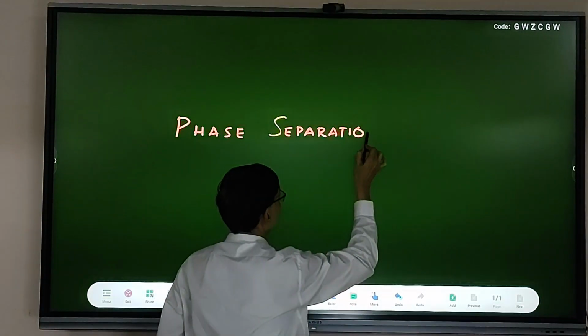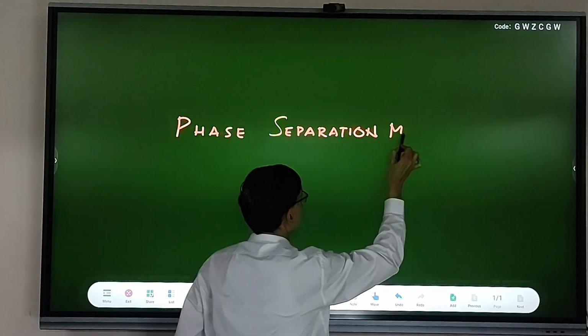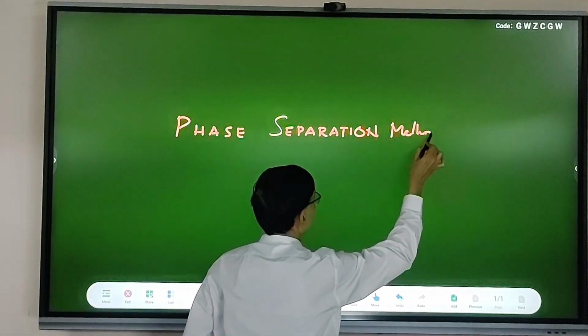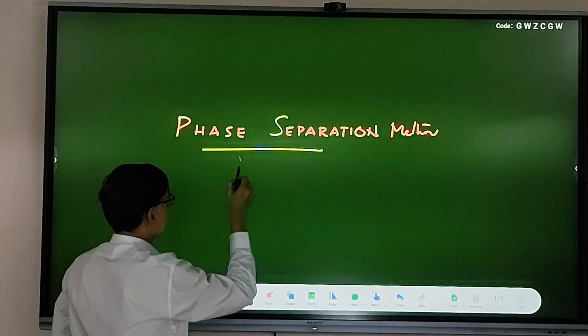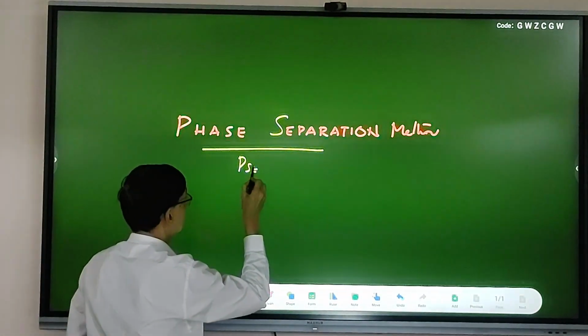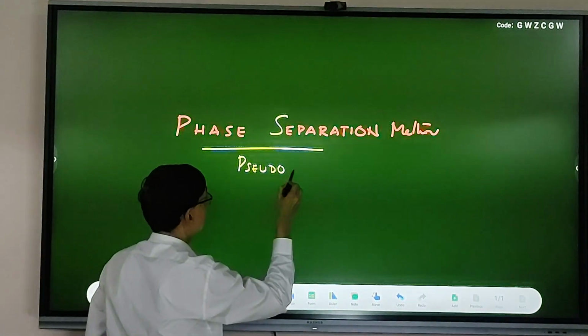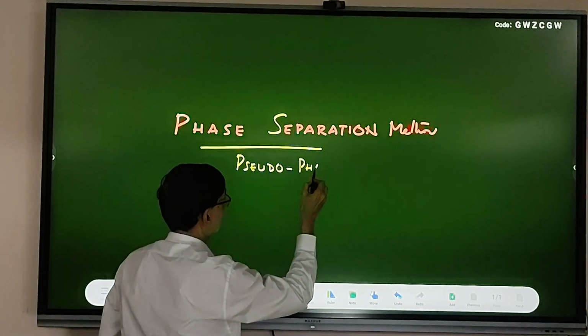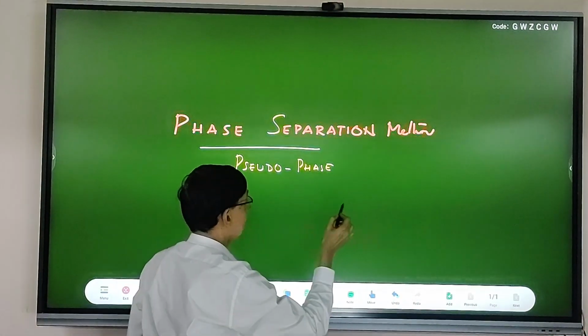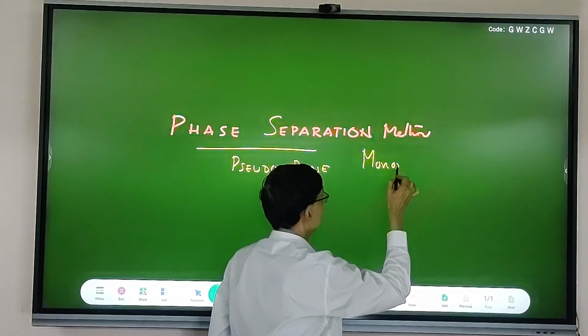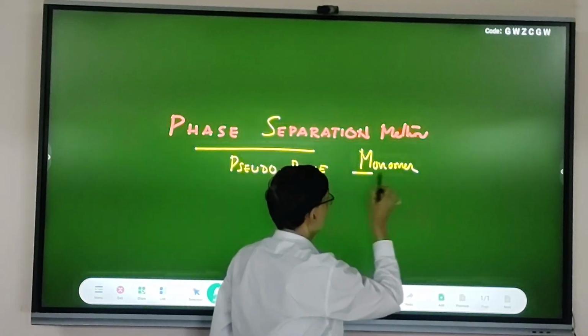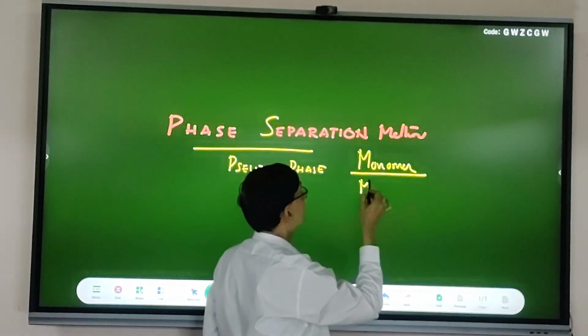Sometimes it is called the pseudo phase model, because one phase is the monomer phase, another phase is the micelle phase,